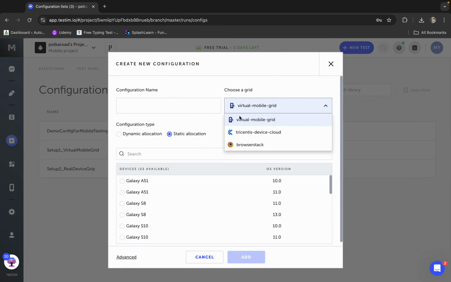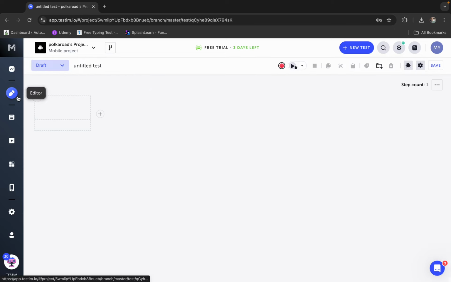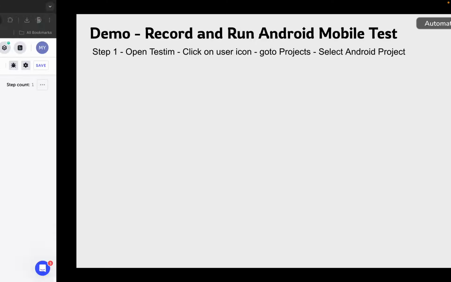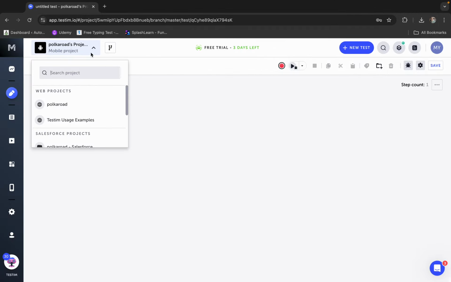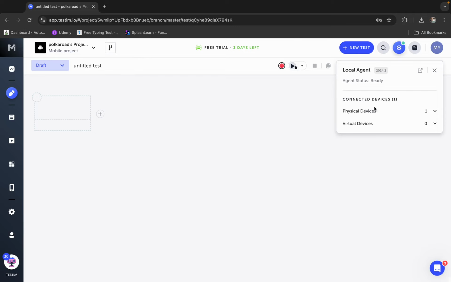You can add your mobile grids here, which will be available when you are recording a test or running a test. So all this we have seen. Now we will go and record a demo Android mobile test. So make sure that you are on your Android project. So here I am on my Android project, and also make sure that you have the mobile agent up and